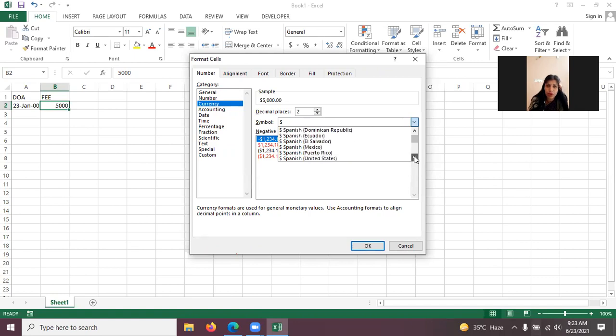Where has it gone? You find so many currencies here. Whichever you want to put, you can put. You can see so many currencies are being shown, right? Just find the rupee one. Maybe it's on the top. It's not here. Let's see. It is here. Now I think it will come.